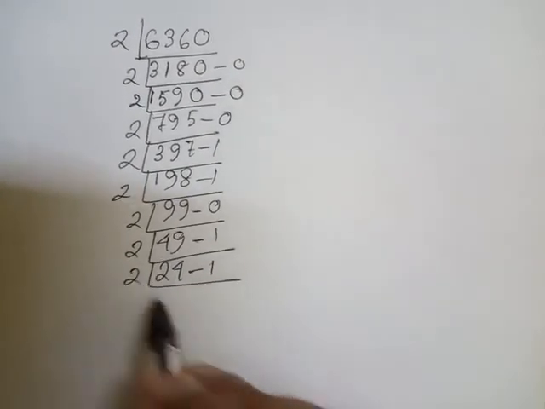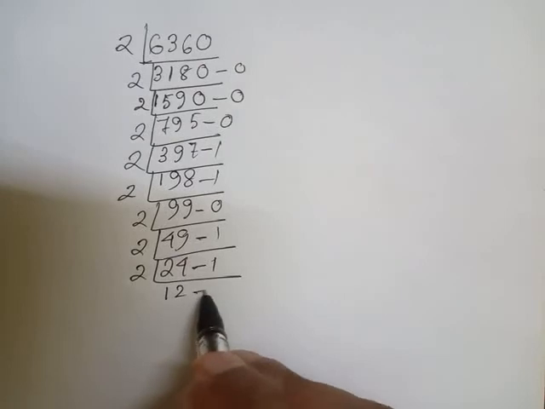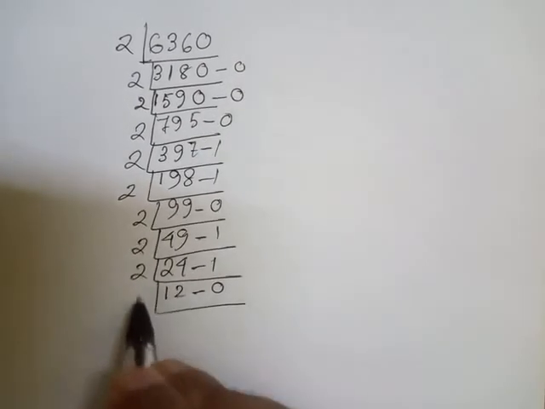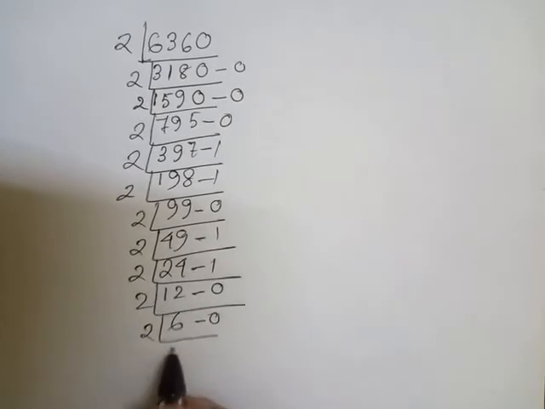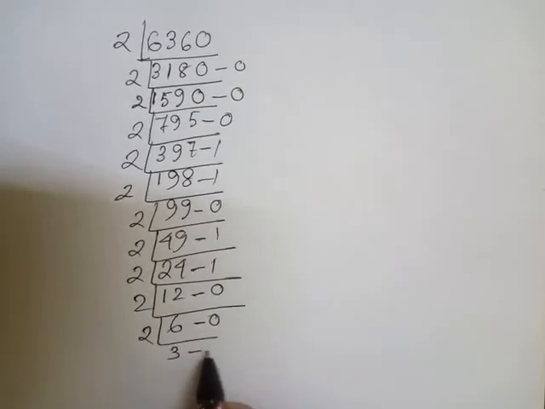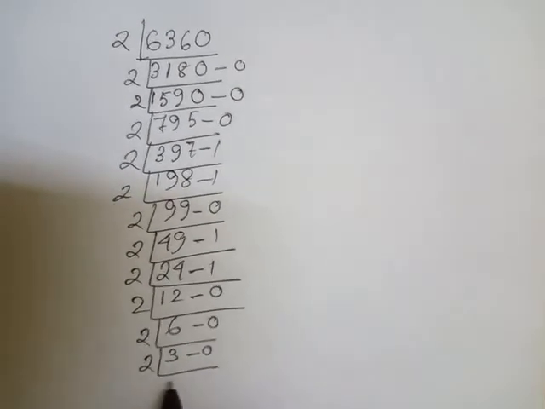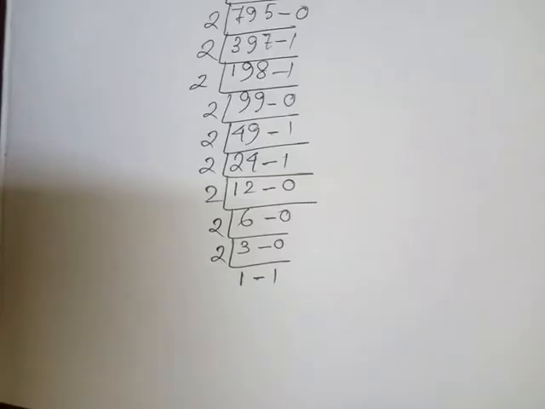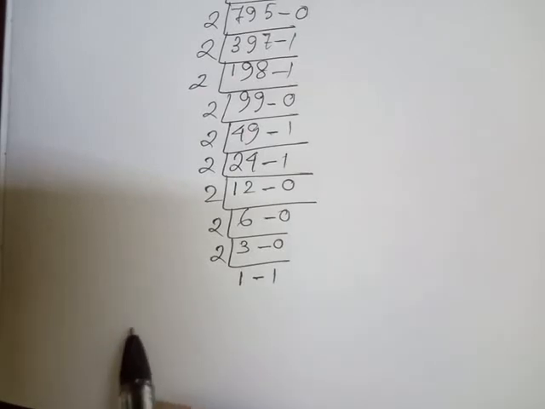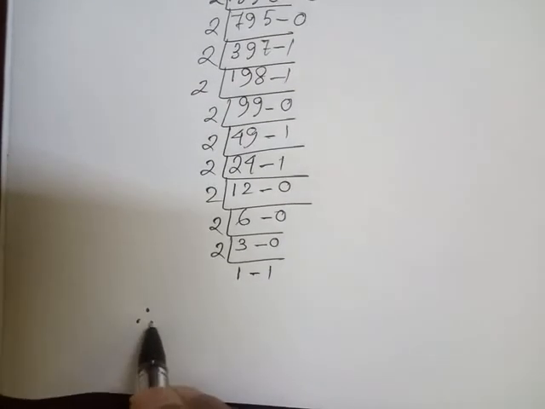Now again divide by 2, 2 twelves are 24, remainder is 0. Now again 2, 2 sixes are 12, remainder is 0. Now again 2, 2 threes are 6, remainder is 0. Now again 2, 2 ones are 2, so the remainder is 1 only. Now look, therefore we can write here that